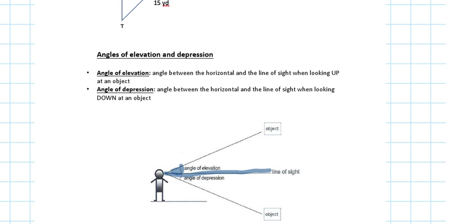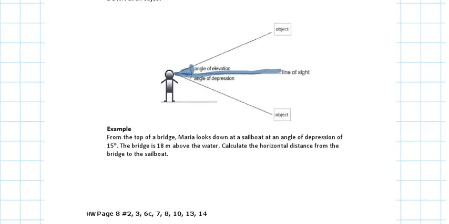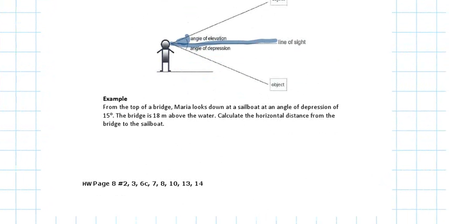So here's what I want you to do in the meanwhile. There's two more questions in this lesson. I want you to do this question. This is your 90-degree angle right here, S. Okay, so I want you to solve for angle R and angle T. So there's two questions here, and then attempt to do this example. Okay? So before I